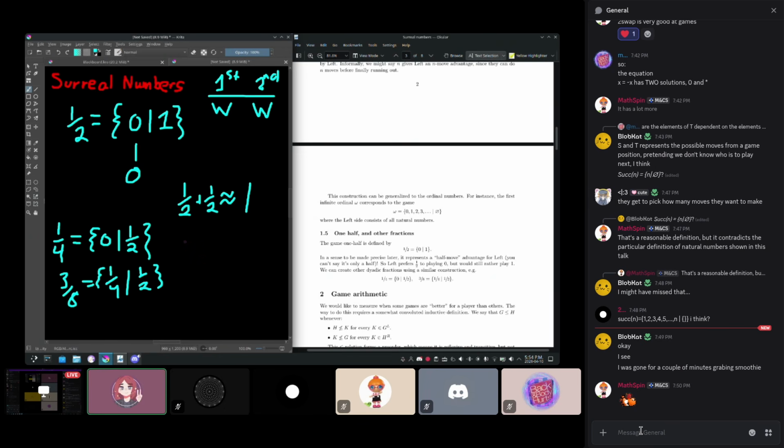Or I can make 7/16, which could be 3/8 and 1/2. And that's also precisely in between. So you can make a lot of fractions like this. All of these fractions are going to have denominators that are powers of 2. That's kind of important. This probably doesn't make all that much sense if we haven't really seen how to add up games yet. So I think that's what we should do next.